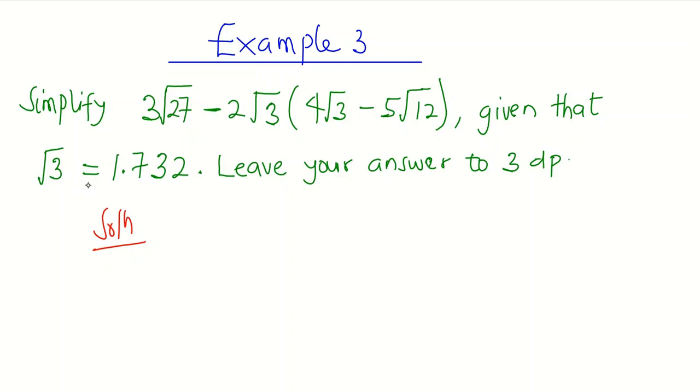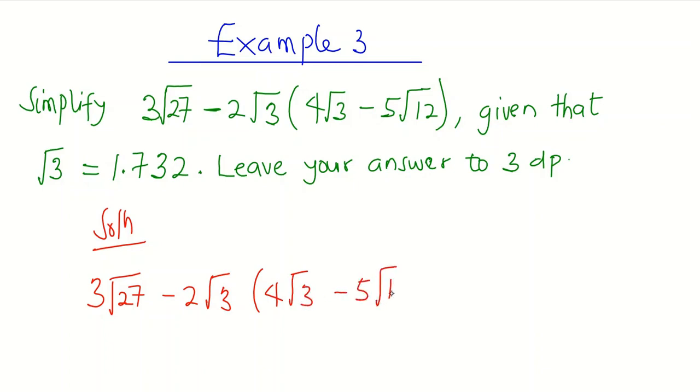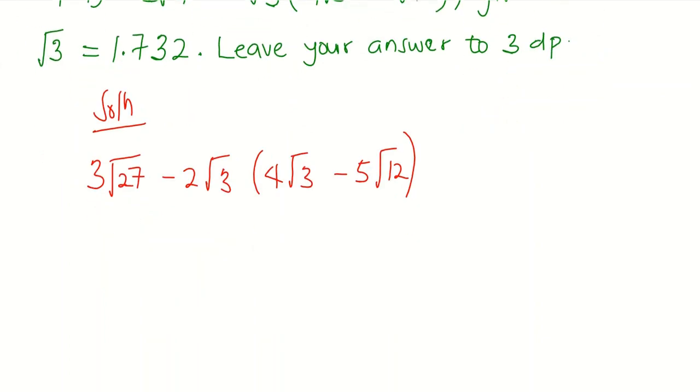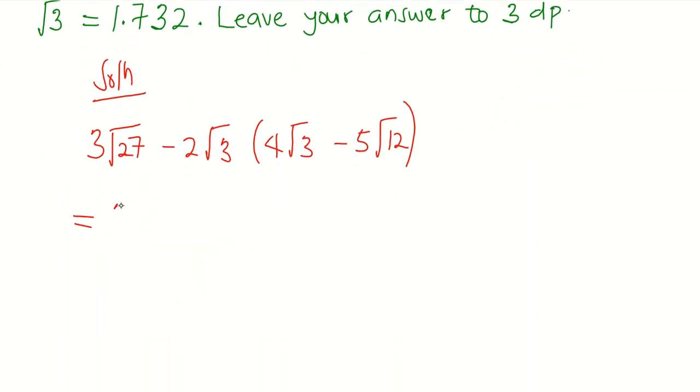Substituting the value of square root of 3 into the expression directly may make our solution a bit complicated, so we first have to reduce it. So we have 3 square root of 27 minus 2 square root of 3 into 4 square root of 3 minus 5 square root of 12. With this, we can maintain our 3 square root of 27. We work on it later and focus on multiplying 2 square root of 3 by 4 square root of 3